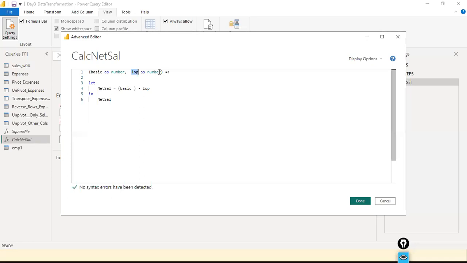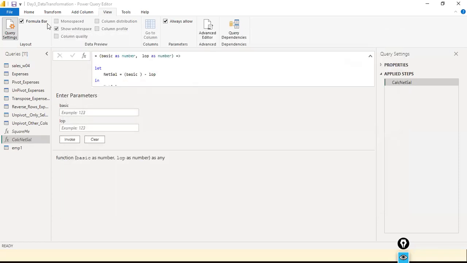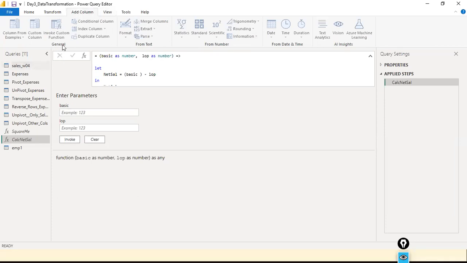So now I create the function. Okay, everything is fine. How can I use it? That's where we have invoke custom function option available. Where can I find it? Go to add column, then invoke custom function. When you click on it,